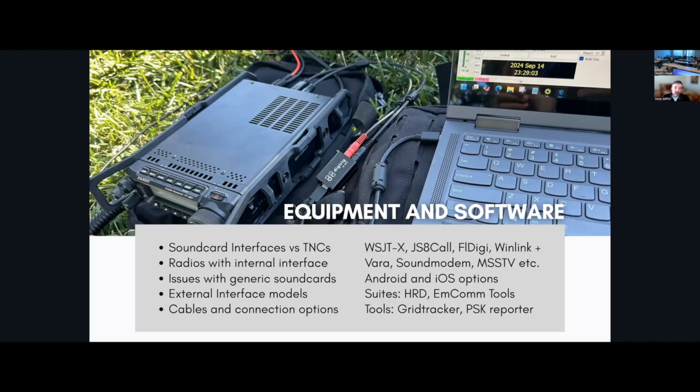It's possible to homebrew the cables. There's discussions in the forums for more exotic types of radios and how to connect them. And it's just a matter either of finding off-the-shelf cable or building one yourself. Okay, so now the software. We mentioned the modes, and the mode of operation is allowed by the software that